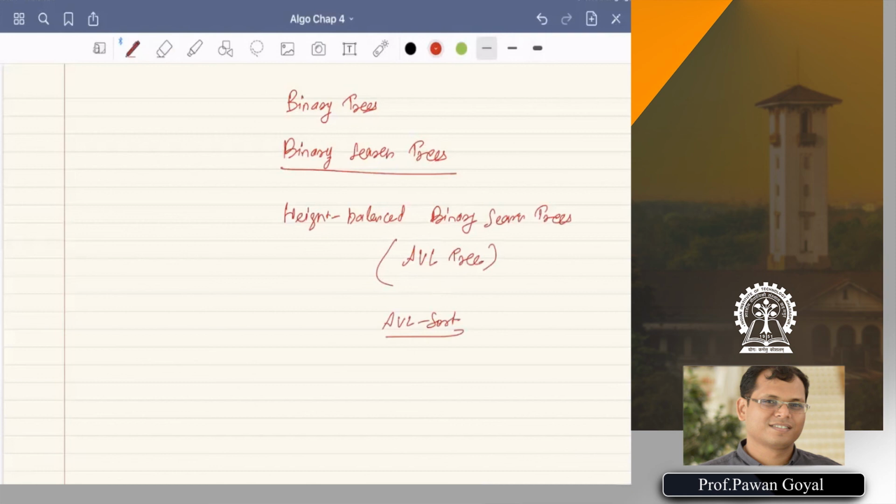Now, AVL tree is just one family. As I said, there are red-black trees and others. There are other types of balanced binary search trees, so you can read about these. We will see if we can give some problems on that. And also one very important operation we saw was rotation. You can have a lot of use cases of rotation, and we will try to see some of those use cases in the exercise. Okay, thank you.